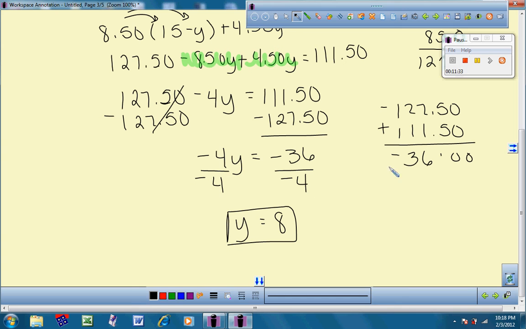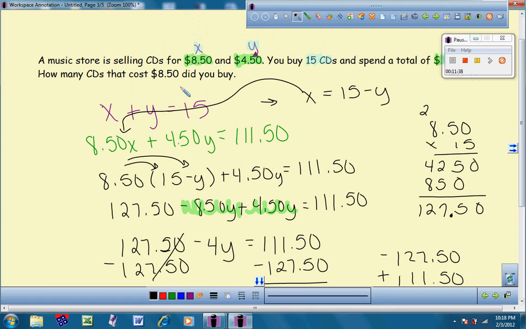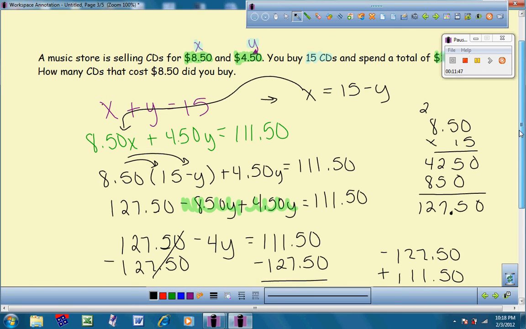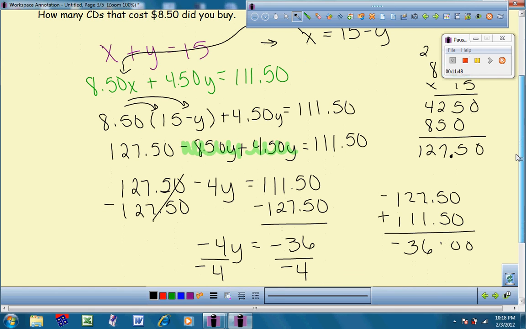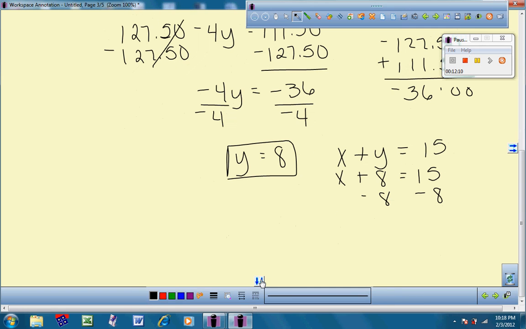Now the question in the beginning asked us how many CDs that cost us $8.50 did we buy? Well, that represents the variable x, and we only found y. So we're going to go back in, and we're going to go find x. I'm going to use my first equation, x plus y equals 15. Y is now 8. X plus 8 equals 15. Subtract out the 8, and we find out that y, or x rather,